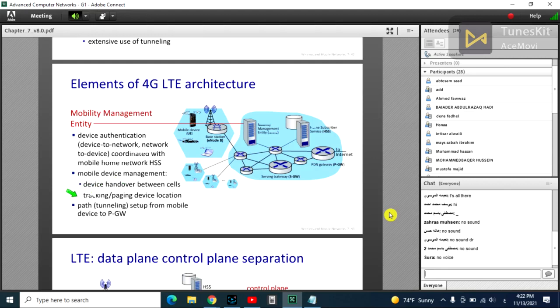So we should track that mobile device, and when there is a call, we should page for the device location to find it, and finally we should create a path, a tunnel between the caller